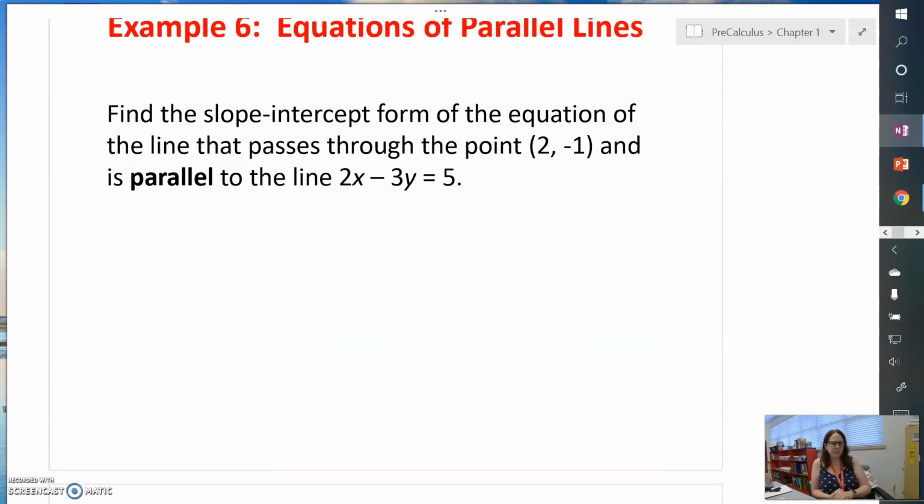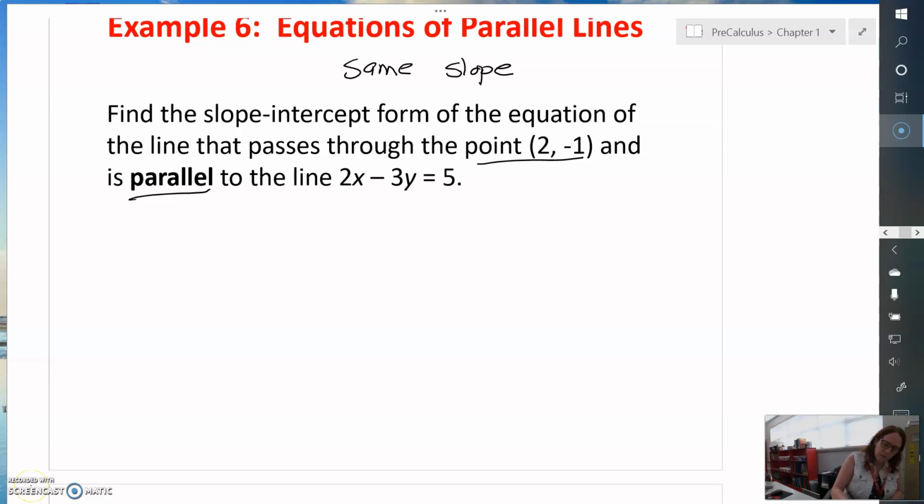Okay, our next one is we're going to do equations of parallel lines. Now, when lines are parallel, their slopes have to be the same. That's the key to answering this kind of question. So we're going to find the slope-intercept form of the equation that passes through the point 2, 1 and is parallel to 2x minus 3y equals 5. First we're going to convert into slope-intercept form. So the first thing we're going to do is subtract 2x from